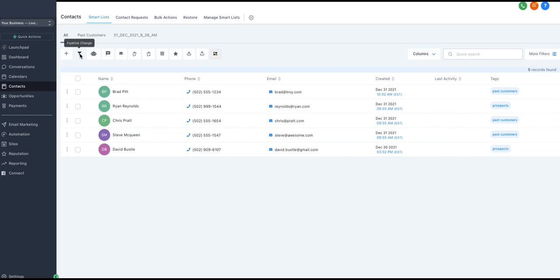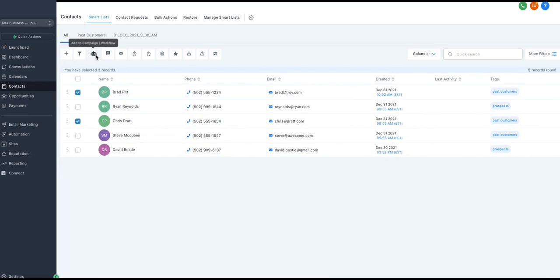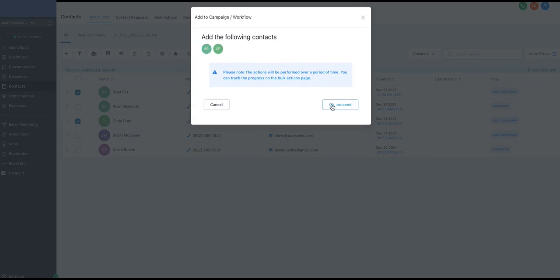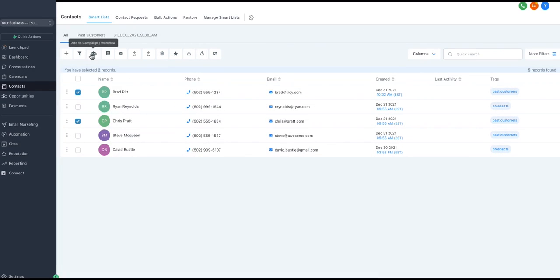We also have a pipeline change. So as you set up pipelines in the system, you can select customers down here and quickly change what status they are in the pipeline. So you select pipeline after you've selected some customers, and you can customize that right here. Now, if you want to quickly add a customer or a group of customers to a campaign, you can select them down here and then click on Add to Campaign. When you do that, it'll bring up a box, and then you click OK, and then you can go through and add whatever campaigns you have and quickly add either a prospect or a group of prospects to a campaign